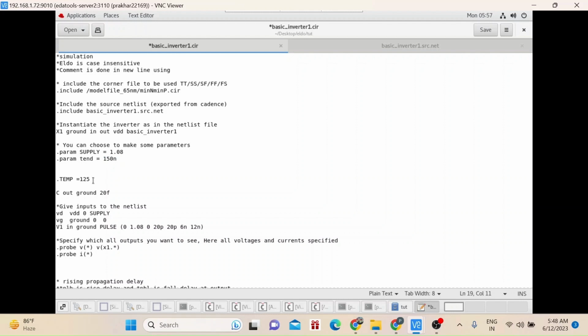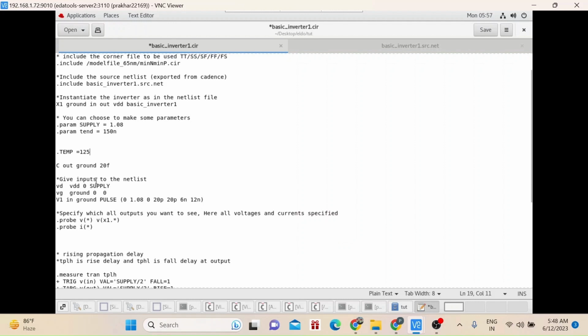Now for defining temperature, I have chosen .temp and 125 degrees. For the capacitor load, I have written C for capacitor. Out is the positive terminal, connected to out, and the negative terminal is connected to ground, and 20f is the 20 femtofarad capacitor I have applied there.